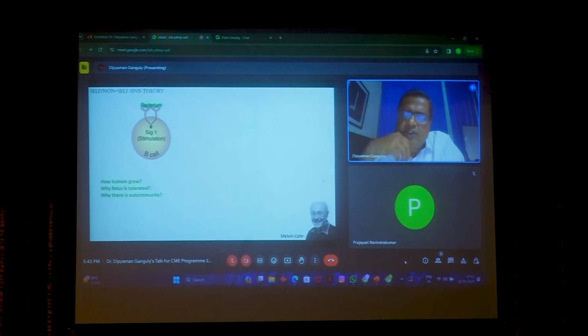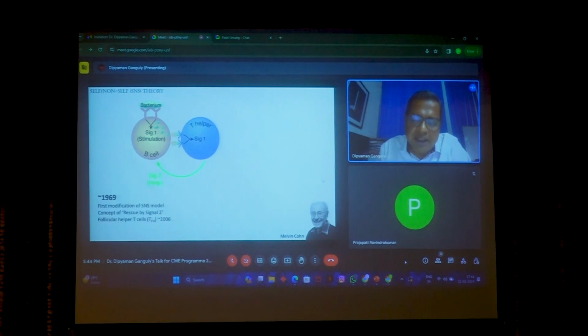The first person who changed this model was Melvin Cohn, and he mostly theoretically proposed that this problem can be circumvented if there are other lymphocytes which have largely a licensing function. So he introduced these licensing function lymphocytes, and now we know that he was actually talking about follicular helper T cells. It was 1969 when he proposed it, and that was the first modification